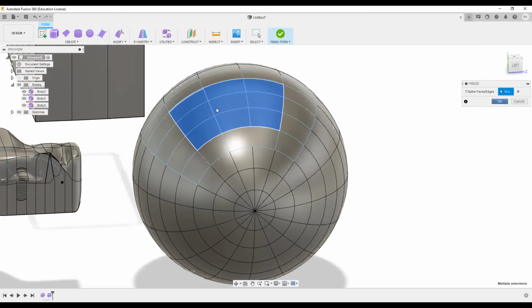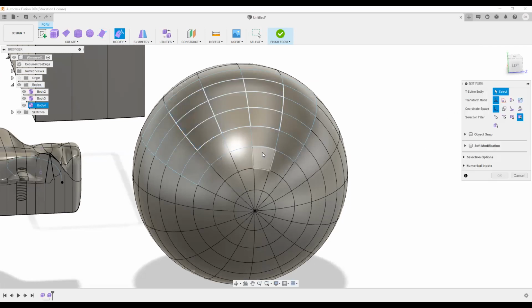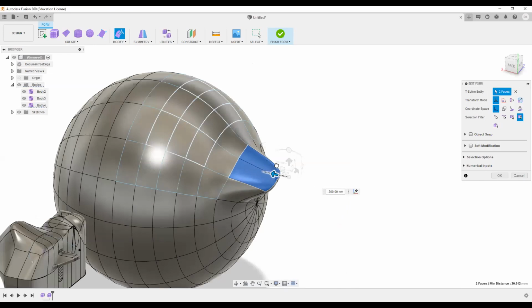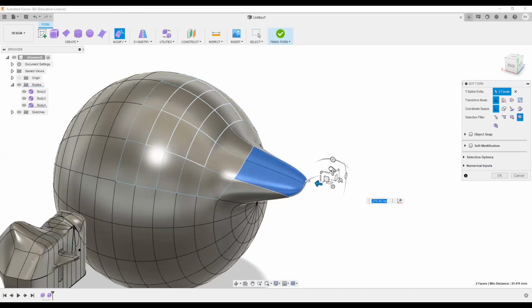I'll freeze this particular option, and then I'll use edit form. As you can see, these faces are not changed. I cannot see any changes in these faces or these entities, whether it be a face or an edge.